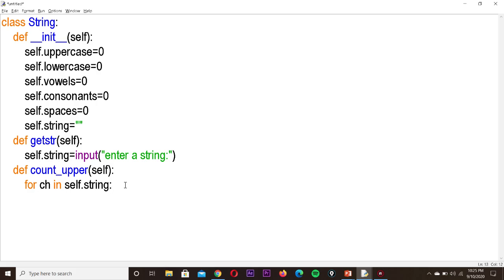Then see the indenting: inside the def function we are using the for loop, and inside this for loop we are going to make use of an if statement. Take the character and check whether it is uppercase or not. For that we use the if statement: if ch dot isupper.